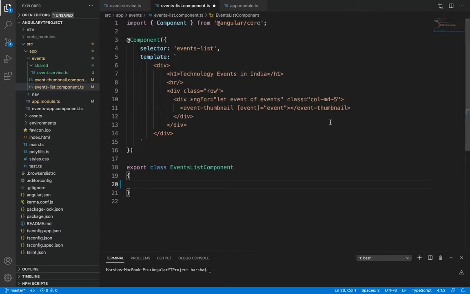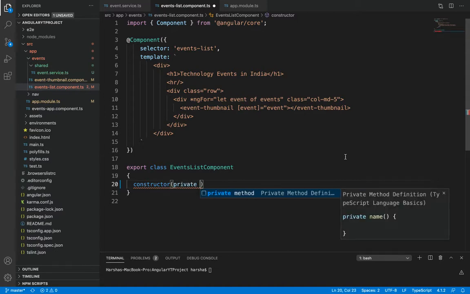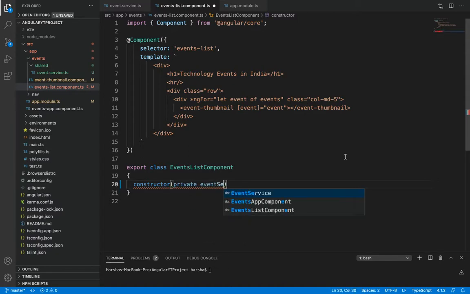Okay. Now, if I want to inject that service inside this component, that is event-list component.ts, I have to write a constructor over here which will inject that service inside this component, right? So let's declare that constructor with a private variable, for example, private event service, which comes from where?